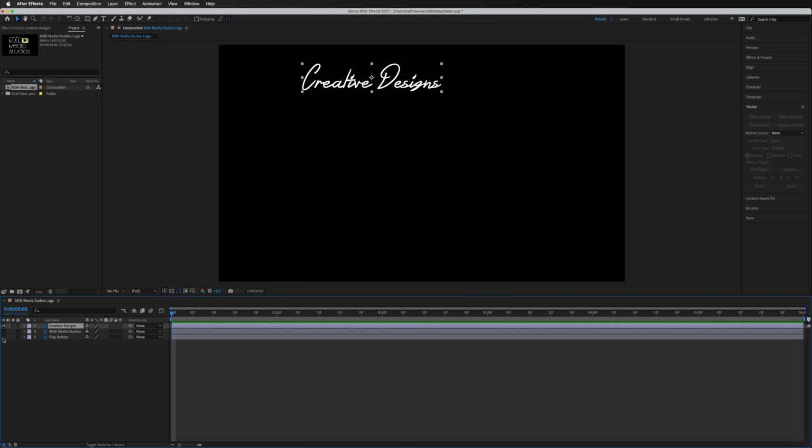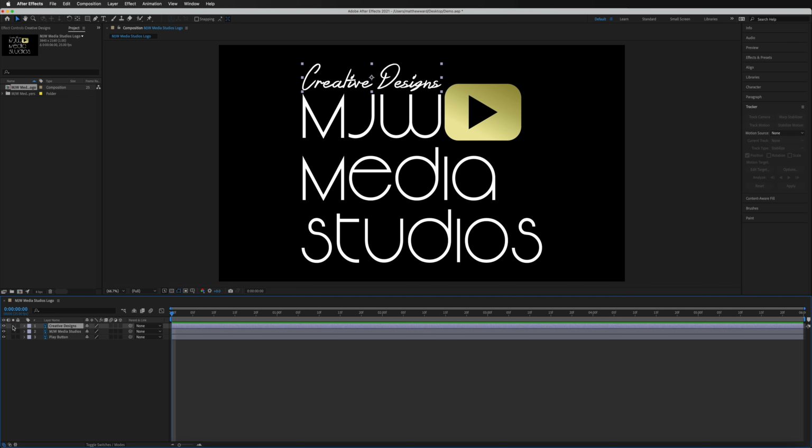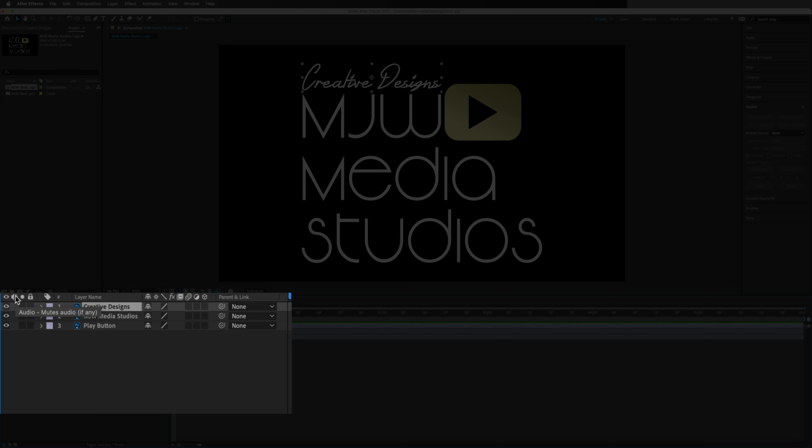And that works across all of the layers. It's just a way of showing or hiding specific layers. So next to that one, we have the audio mute button. And at the moment, we don't have any audio inside of this composition, so we do not have this checkbox available. However, if you did have audio in here, you simply have that inside of there also.